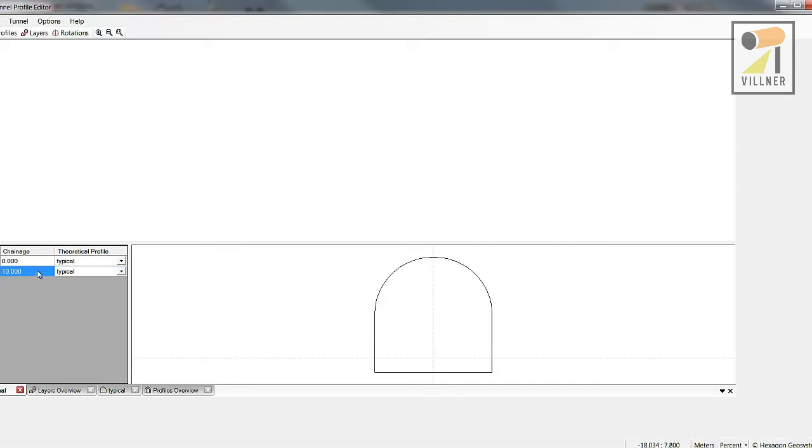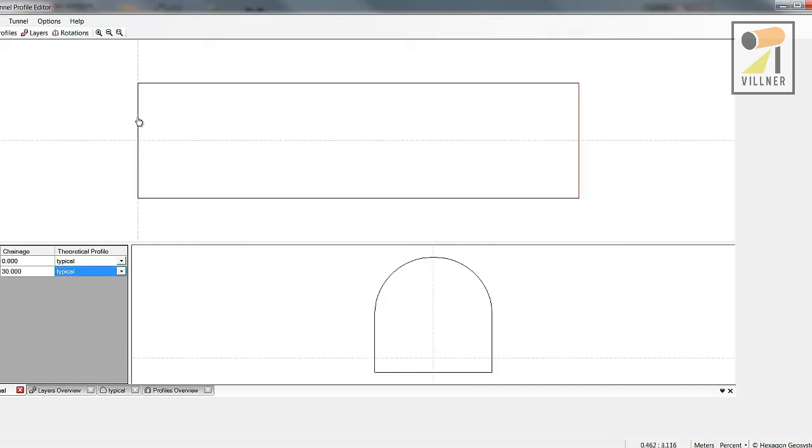Okay, now at station 30, you can select which profile you want to attach. So I'll stay there in my case. If I do a zoom all, now you see station 0 and up to 30, I have the same profile. So I'll stop here. That's just a quick example. But you can keep going here. If you have multiple profiles, you attach all your profiles to the specific station, chainage. When you're done,